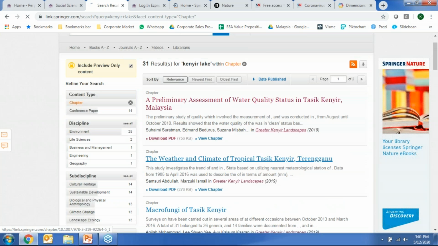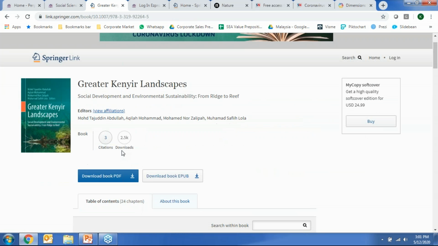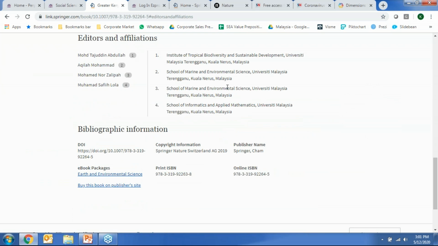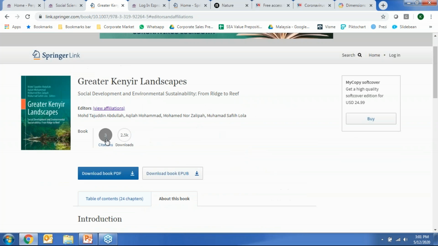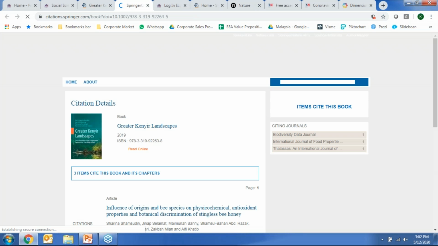Yeah. So in this book, for example, you can see that this is a book that is actually published by us, by authors from UMT. And this book actually has 3 different citations. And there are other books that are showing, for example, how many times they've been cited, downloaded, how many times it's been retweeted, etc. And all of them you will see on this general area over here. So we've actually built in this functionality to a book. This is good for all those of you who are intending to publish a book in the future, that you could actually get to see besides your book.